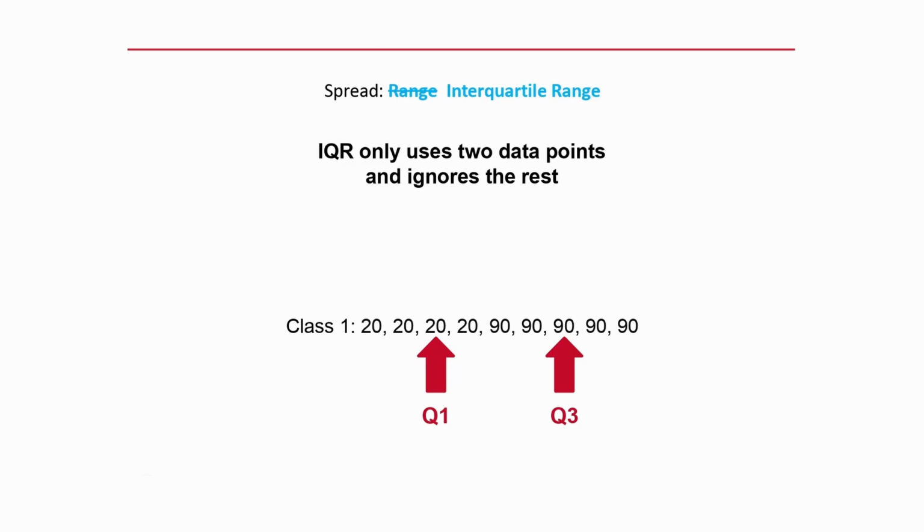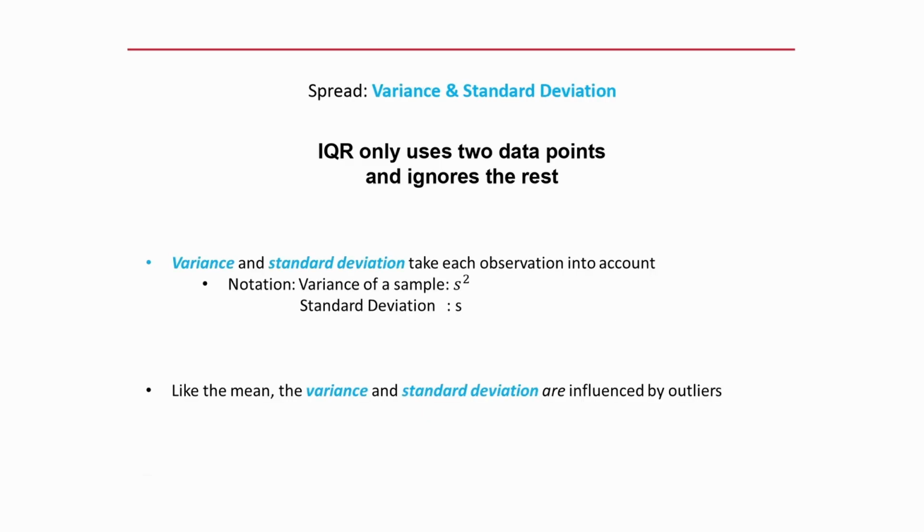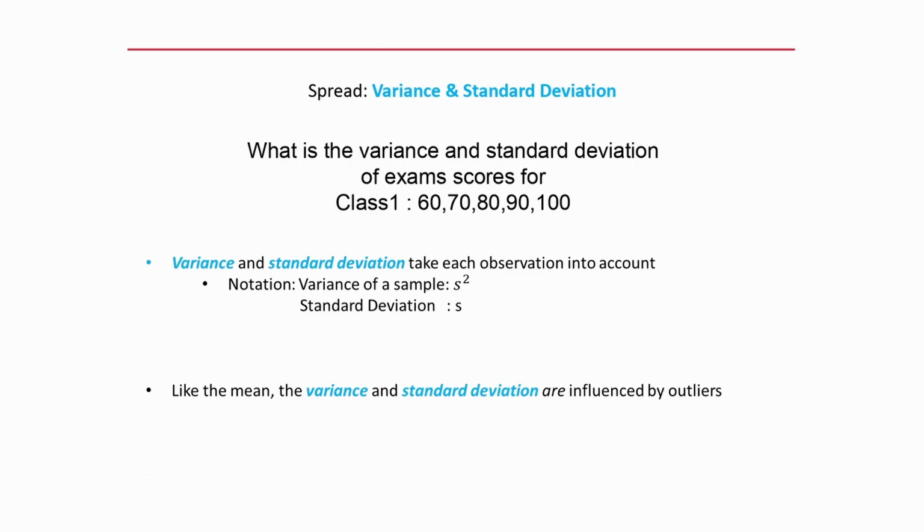point, not just 2. And that's where variance and standard deviation come into play. These are words you may have heard before, maybe not. Regardless, these are 2 ways to measure spread that use every data point, not just 2. And we'll often write variance as S with a square on it, and we'll write standard deviation with an S without the square. So how do we calculate something like variance and standard deviation for that class of exam scores